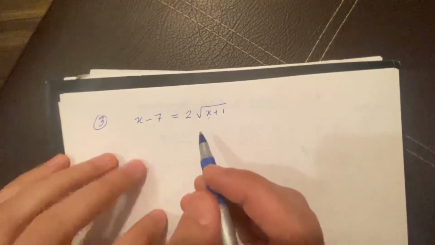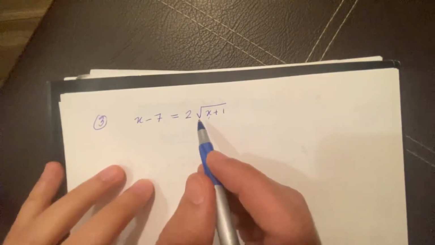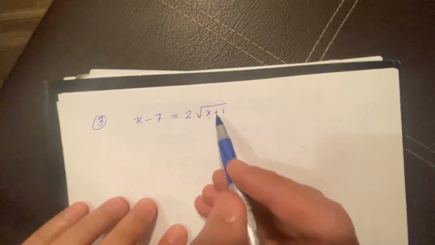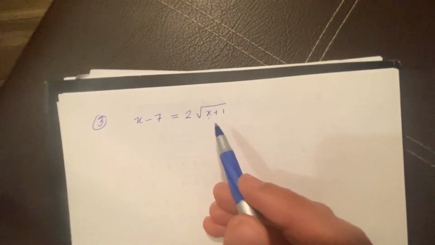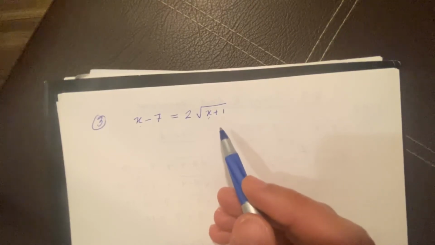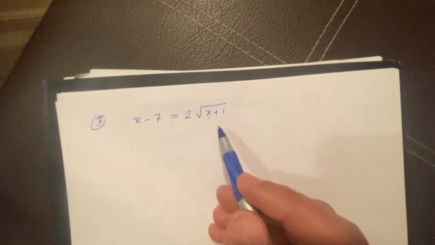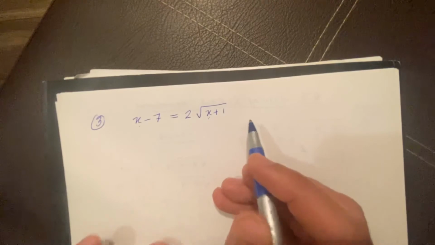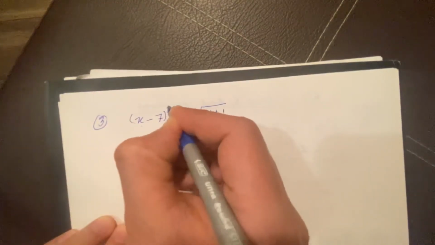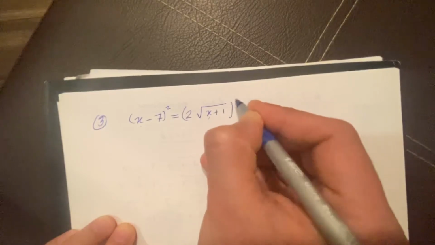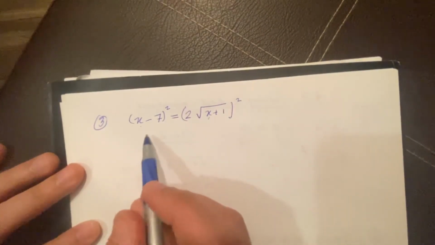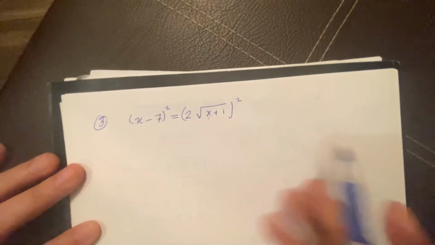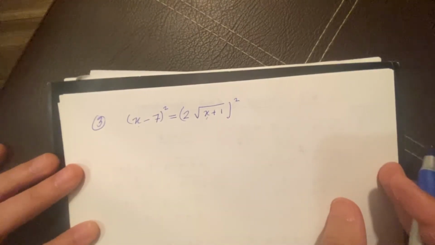So now, since we want to get rid of the square root, because with the square root it's not possible to get the value of x, somehow we need to get rid of it. To do that, we have to take the square on both sides. So here now we get x minus 7